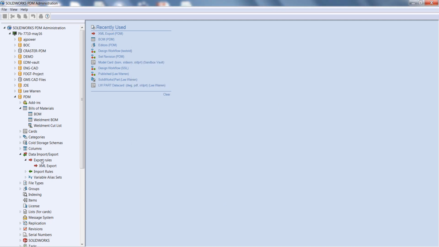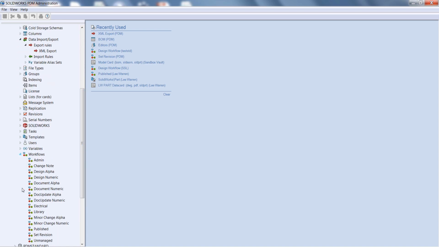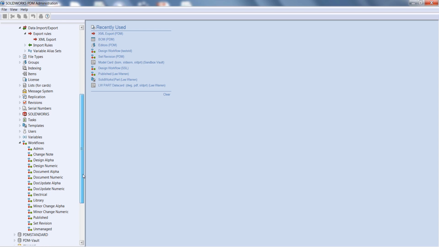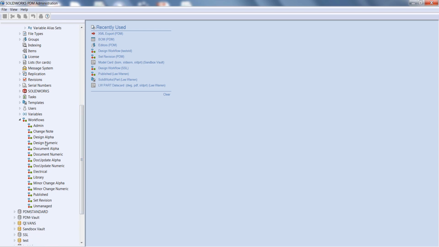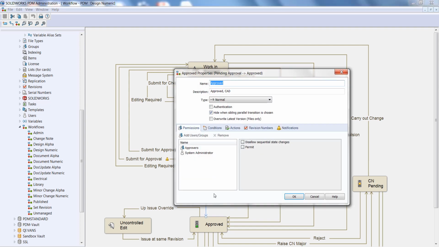So we can click OK, and you can see that that is created there. The last step to actually do it is to specify it as an action in the workflow. So if we go to the workflow there and we choose any workflow, I'm just going to choose one of these here. It has to be specified in a transition. So let's say, for example, when my assemblies and drawings are going to be approved, I would want an XML created there.